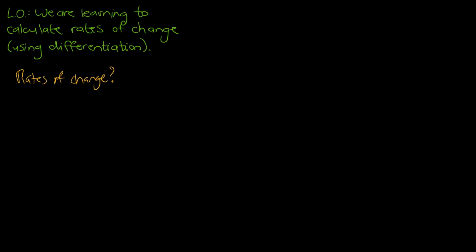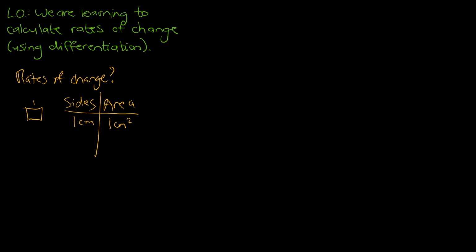To explain or introduce this concept, I'm going to use a simple square as an example. So let's have a look at the square. All the sides are the same, and we're going to say that those sides have a length of 1 centimeter. So we're going to draw up a table of sides and the resulting area. If the sides are 1 centimeter, that's going to give us an area of 1 centimeter squared